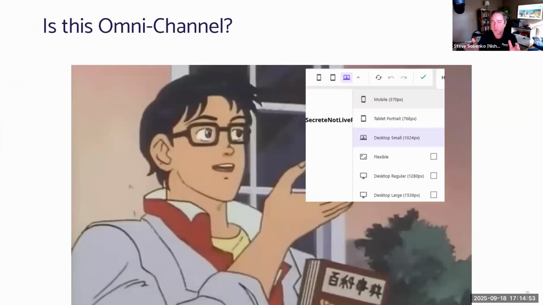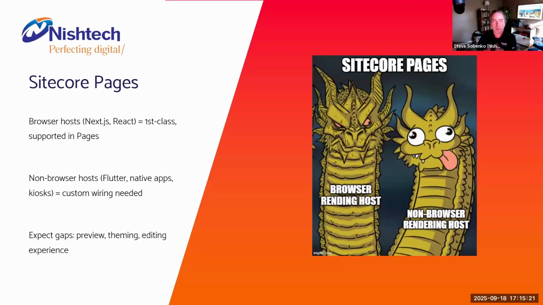We see in Sitecore Pages different viewports. Well, it's Omni Viewport. That's helpful for sure, and authors love that feature. It was heavily inspired, some might say stolen, from AEM. I'd never say it was stolen, but let's say it's heavily inspired. And this is really good for authors to be able to preview their content and build their content across multiple viewports on the web, but not omni-channel, right? So let's talk about that.